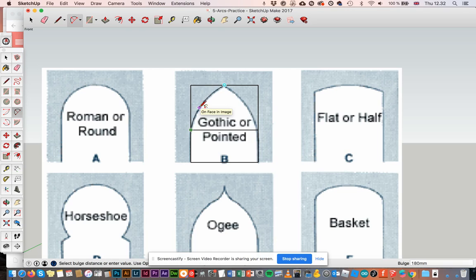It's going to be a curve that's like this. Again, it wants to fill it in. That's because I have all of my construction lines. I'm going to erase so you can see. I'm going to take this line